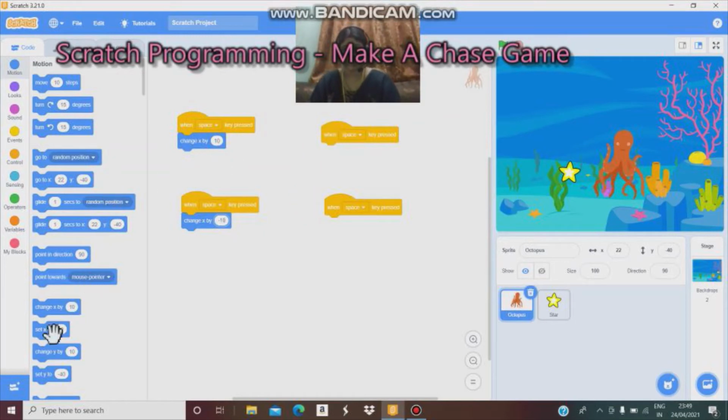Then drag change y by 10 into this when space key pressed. Here change this to minus 10, change y by minus 10, change y by plus 10, change x by plus 10, change x by minus 10.